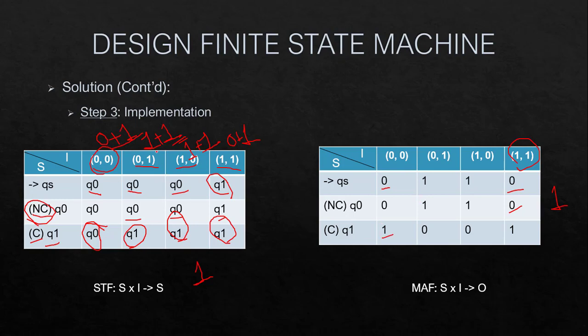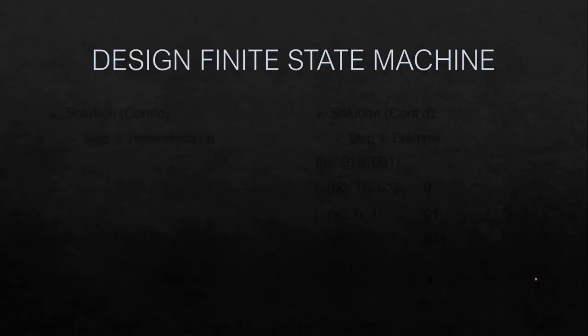Then when we add 1 plus 1, 0 is generated and we are staying in carry state. Again 1 plus 1 is getting added. So 0 is the output and we are staying in Q1 state. 0 plus 1, 1 is getting generated as the output. Let us see this with state transition diagram and an example.